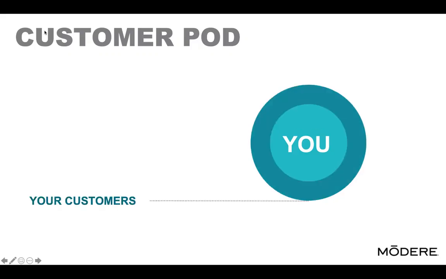First concept that you need to understand is what's called a customer pod. And as you build in Modere, you're going to start hearing this term customer pods. Let me kind of give you an example of what that means. Let's say that you start as a social marketer, you get your $10 off discount code, you promote some of the products to a customer. When they make a purchase, they go into your customer pod. They become customers in your customer pod. Now they get their own $10 off discount code as part of the social retail model. They can give benefit, get benefit.